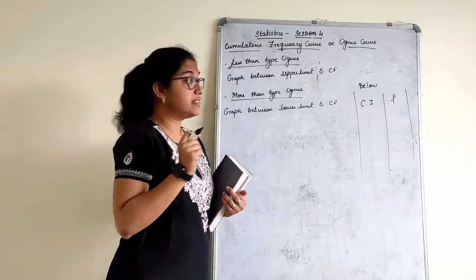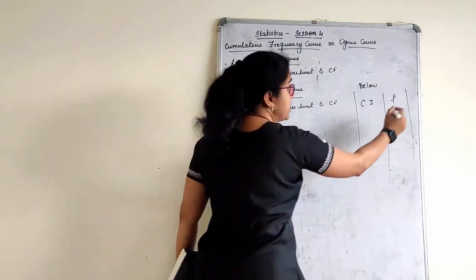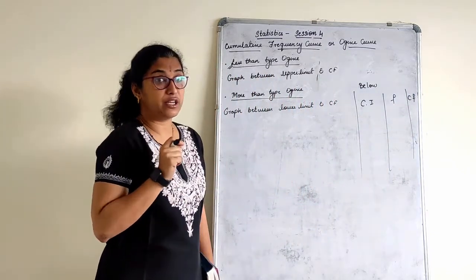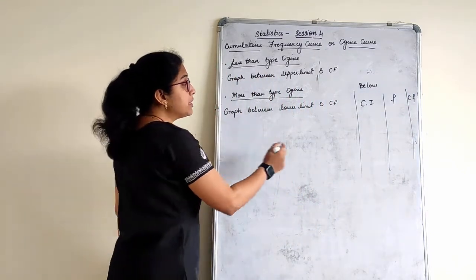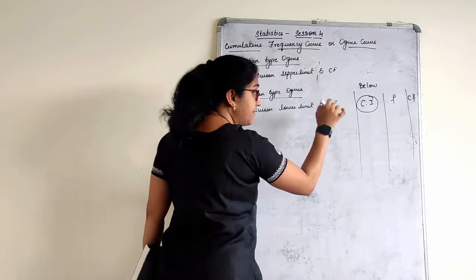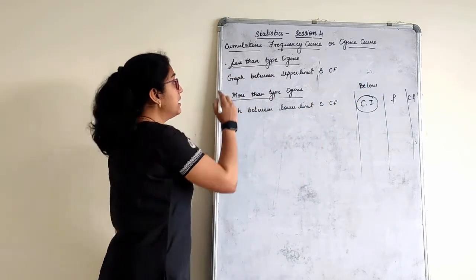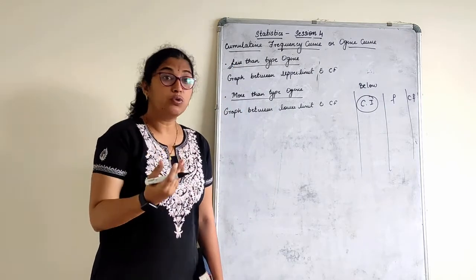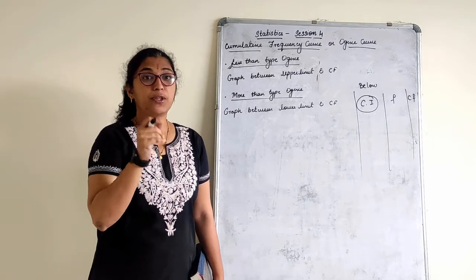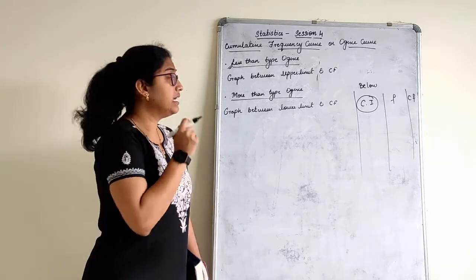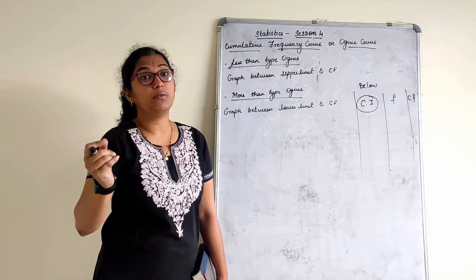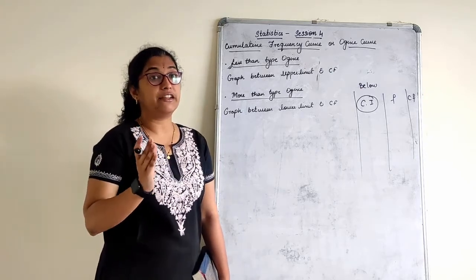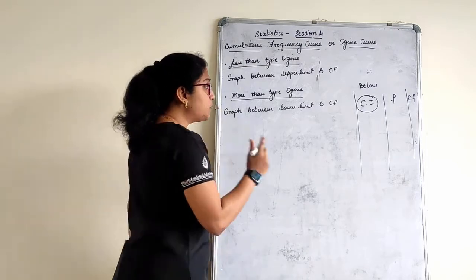The name itself tells us it's a cumulative frequency. So with respect to class interval, I should also have a cumulative frequency. Point number one. Point number two, the given class interval should be converted either to less than type or more than type. But what to convert? It is given in the question. Always the question tells us to construct a less than type cumulative frequency curve or construct a more than type cumulative frequency curve. Okay.